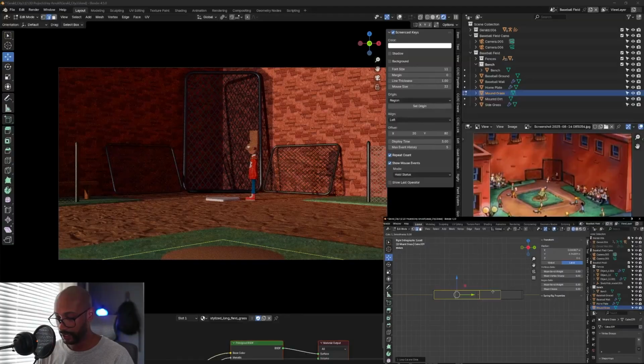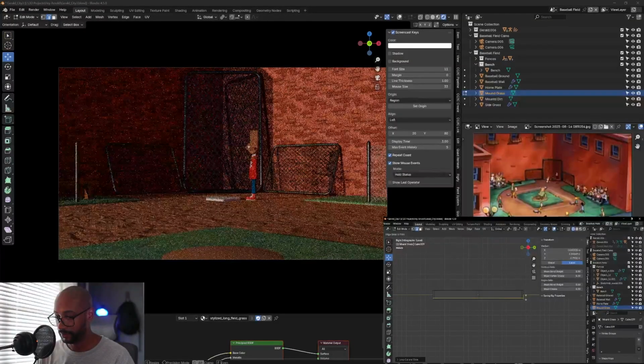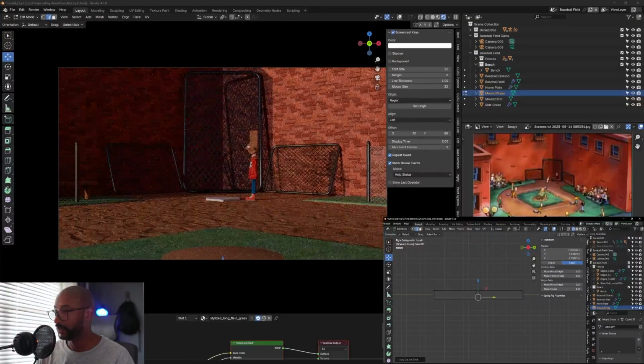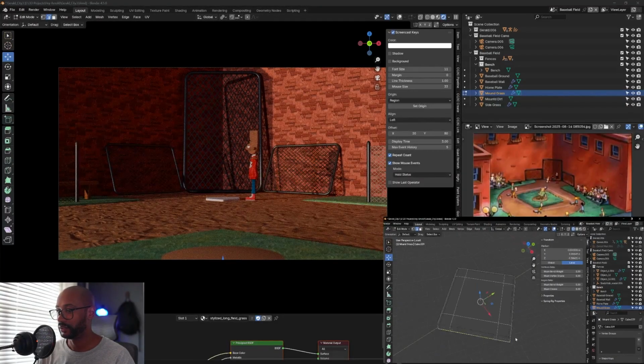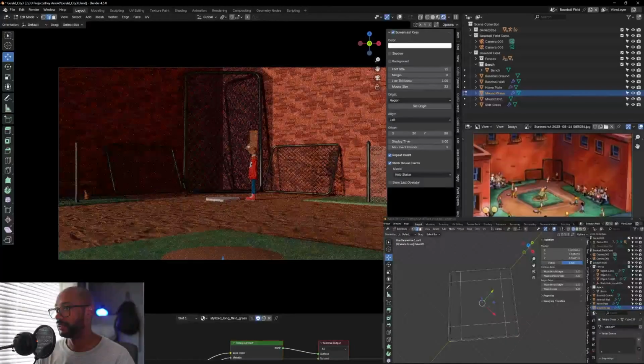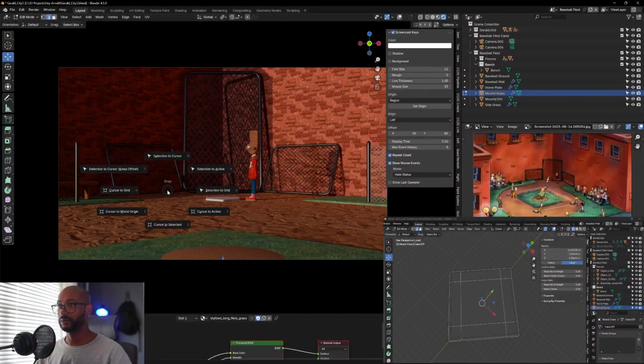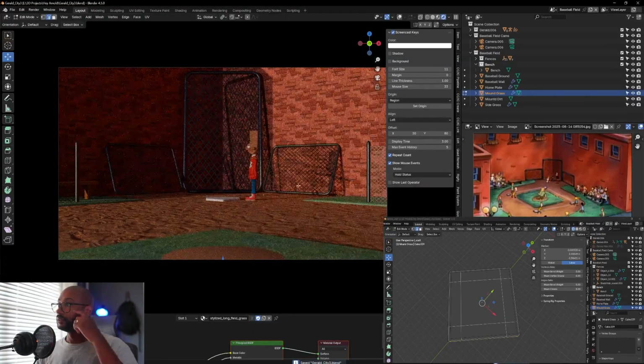Go to the right, and I'm going to add one at the bottom. And let's see what that looks like. Subdivision surface. Yeah, it kind of just smooths it out a little bit. So that'll work. So then